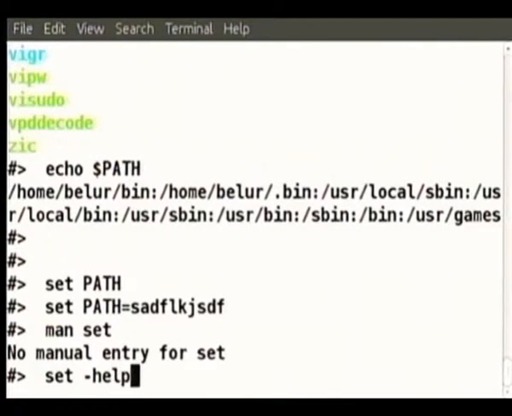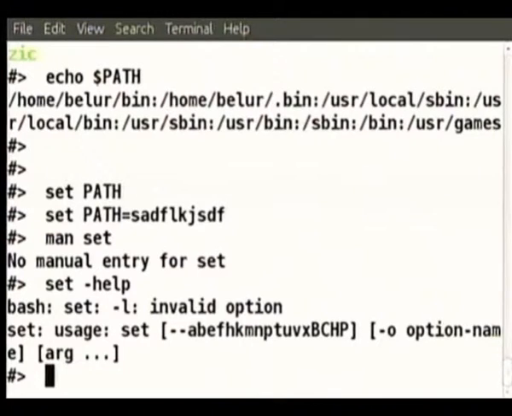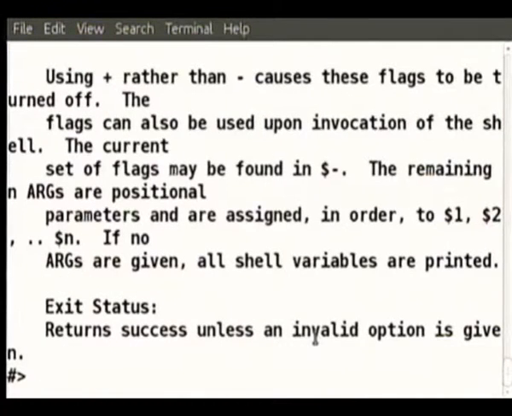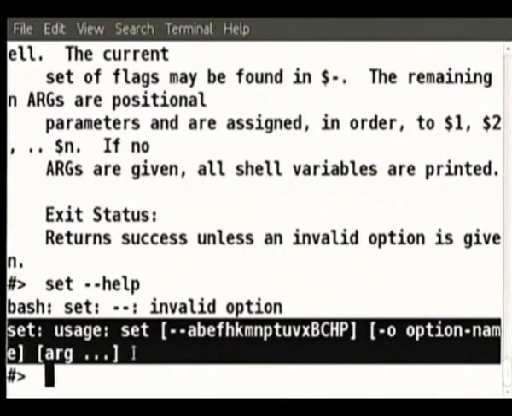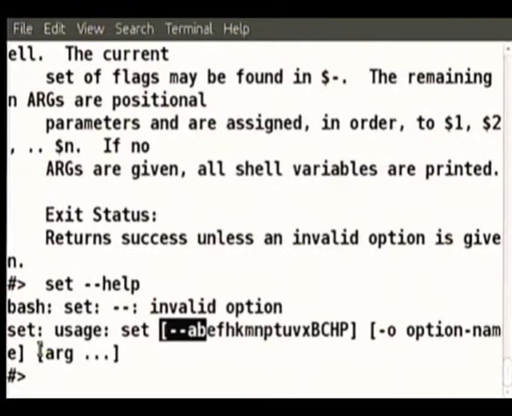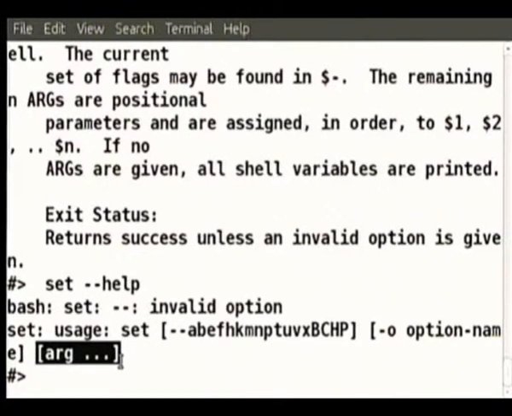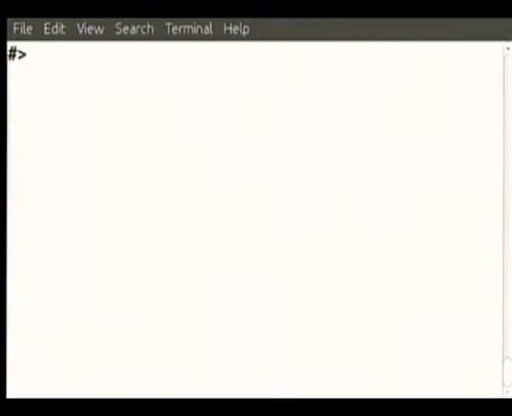So set minus help maybe will have some information. It tells some set usage equal to this, or also help set typically has some information. Here there is some information at least instead of man. These are different ways of organizing the help information. Man is manual. For manual there is no set, but for help set there is some information. Set minus help, there is no information there, but at least this usage has come. It says some square brackets are required, etc. Final argument has to be inside square brackets. That is exactly the way Mayank told. So this is another way of setting the path. The one that I told you was where you can append, just for shell variables.